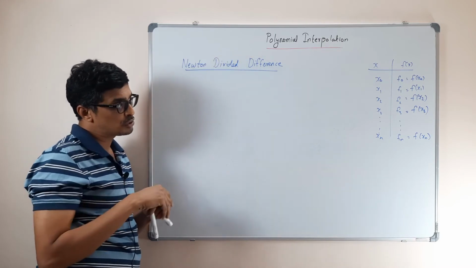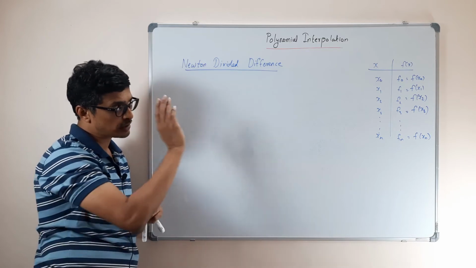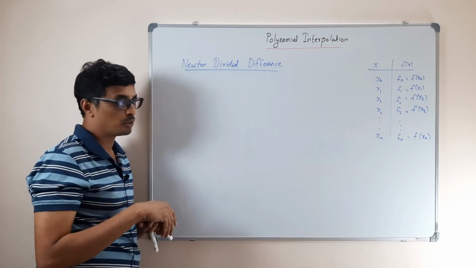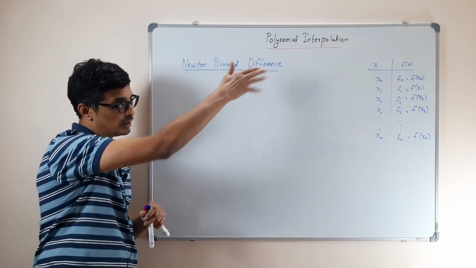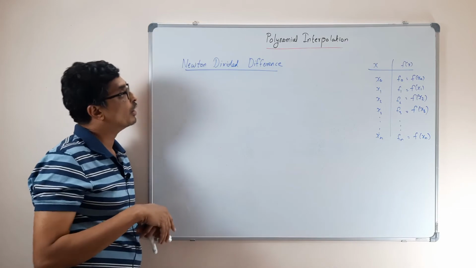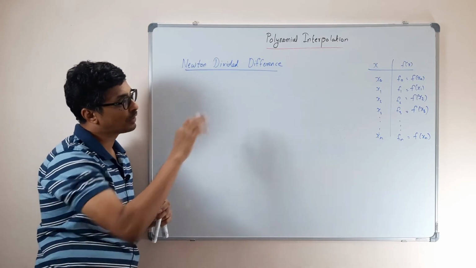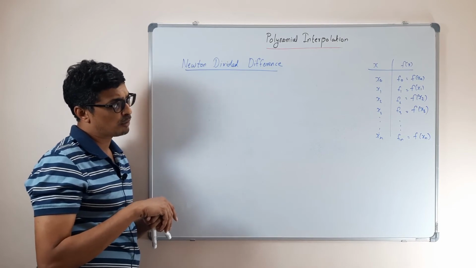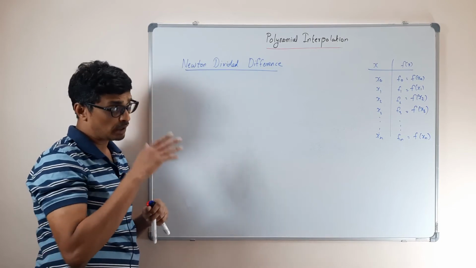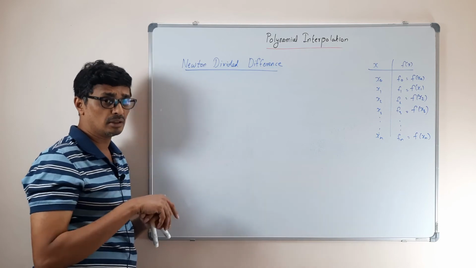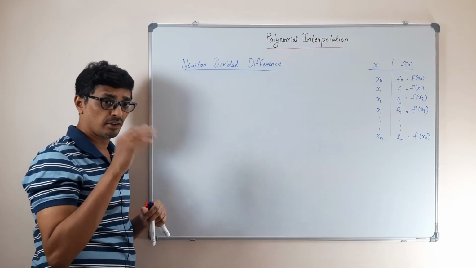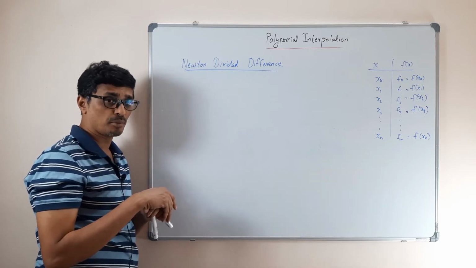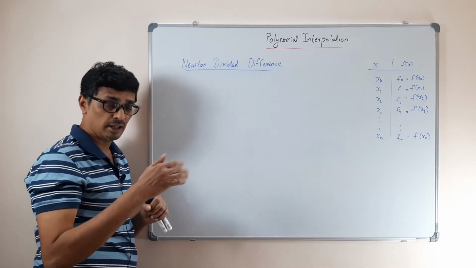So, the task is to construct the polynomial which passes through all the points, and given these points are unevenly spaced, you can't use the difference as some constant value. Given unevenly spaced points, how can I find the polynomial passing through all the points? The earlier method we saw is the Lagrange method. Though it can construct it, it is round-off prone because of the large number of arithmetic operations you are performing, and Neville's algorithm is